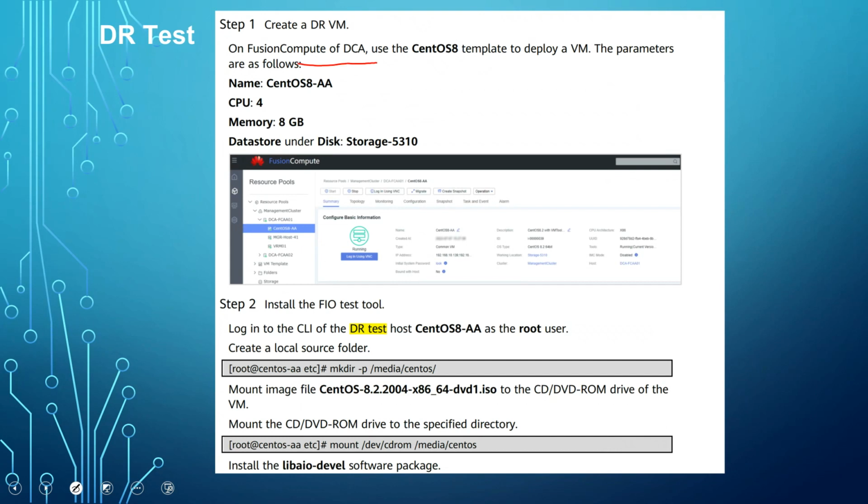This is a DR test. We are doing a DR test that, for example, if storage goes down, what will happen to the VM? And we can see the traffic is going through which storages. So for example, we have Fusion Compute. This is the Fusion Compute. We have created CentOS on that Fusion Compute. This VM is created, and we need some